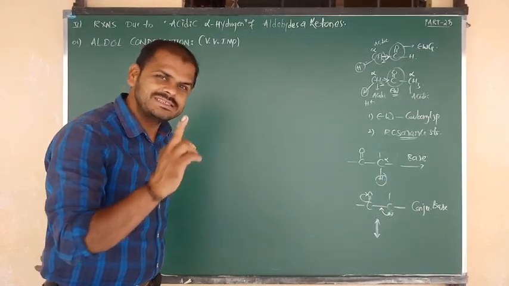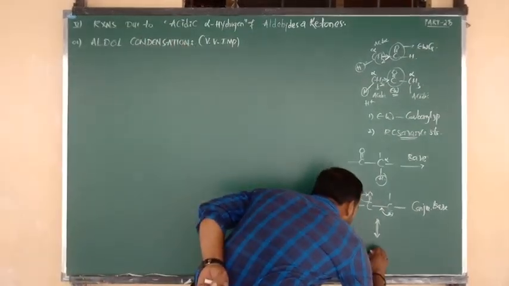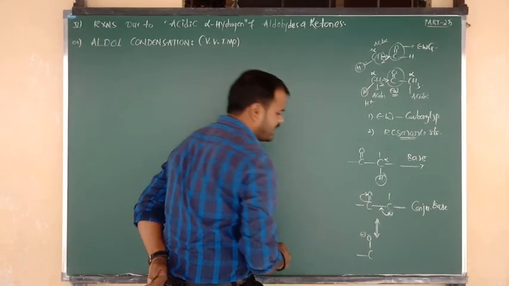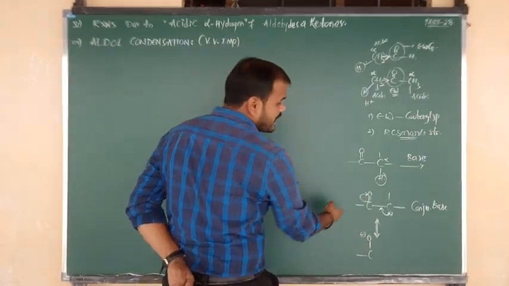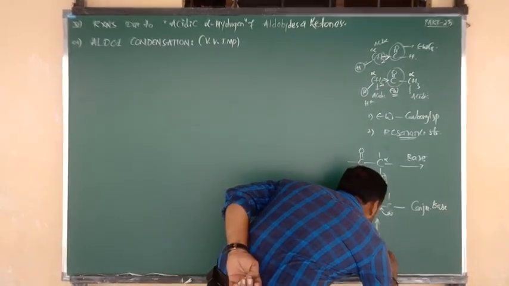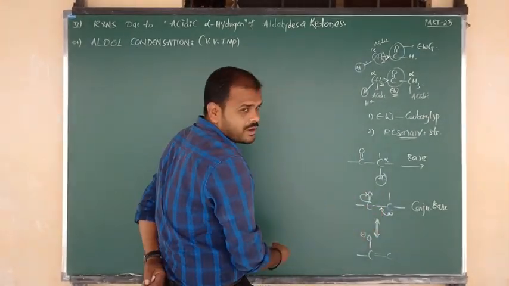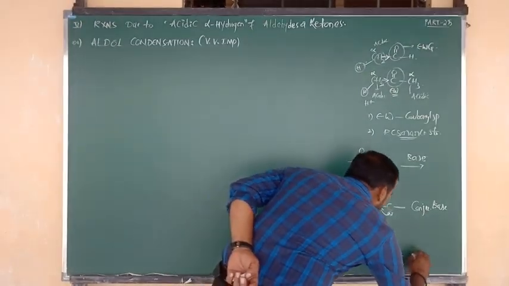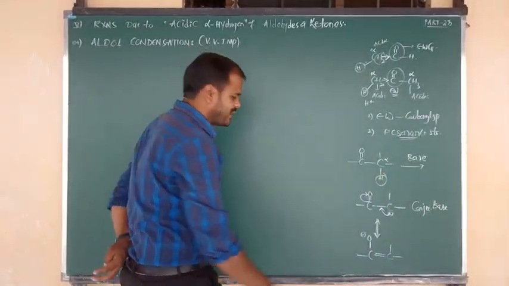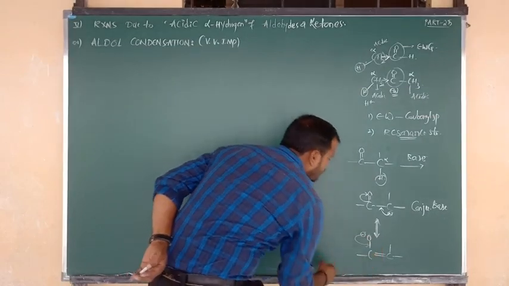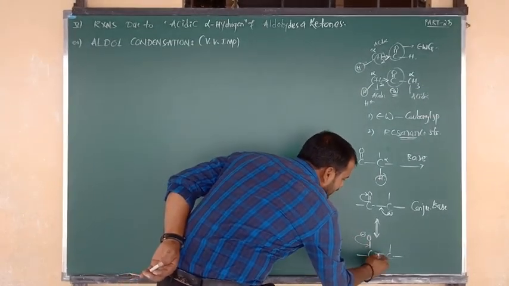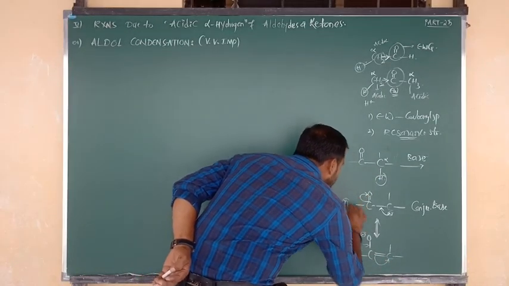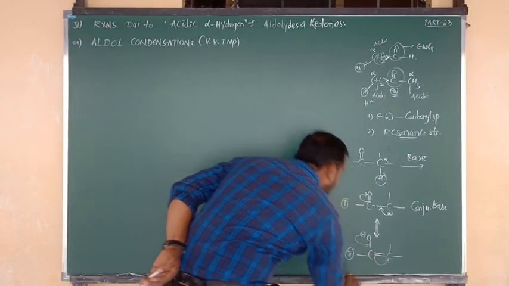Now we can write the second resonance. Again the same thing: the bond above the plane, the double bond O, becomes what, Nana? Single bond O. O contains a minus charge due to delocalization of the pi bond. Next, between carbon and carbon, the single bond becomes what, beta? Double bond. After that, the bonds above the plane and on the right will be left as they are, Nana. Again we can make delocalization. The pi bond between O and C shifts towards the carbon. So suppose this is resonance 1 and this is resonance 2.